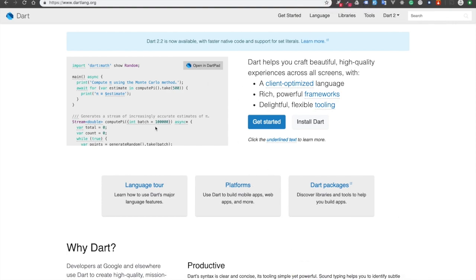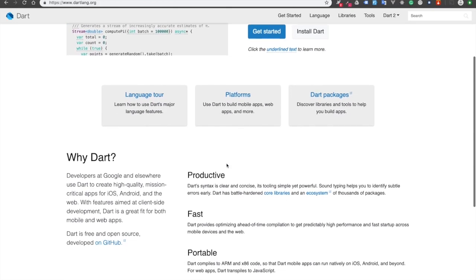Now I'm a JavaScript developer, and in my day job I write JavaScript, so I have been writing JavaScript for a very long time now. And recently I was looking at Flutter for building native apps. Now Flutter is like Google's answer to React Native. But what's interesting is that Flutter is written not in JavaScript but in Dart, and Dart is a language built